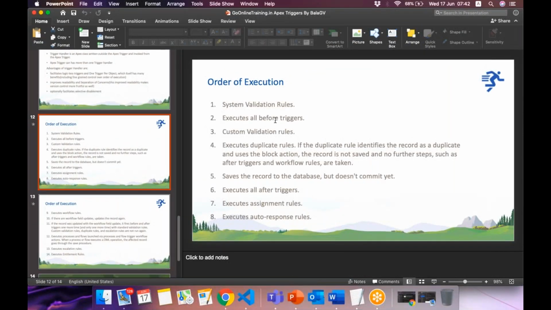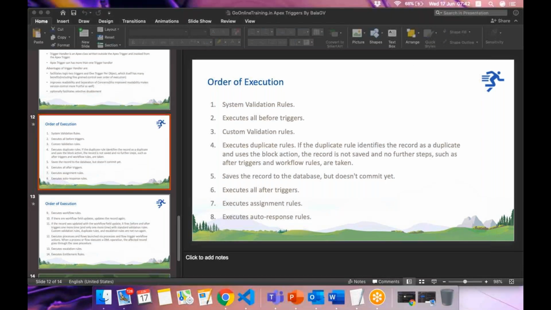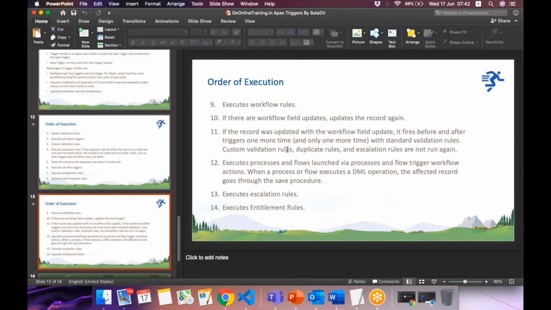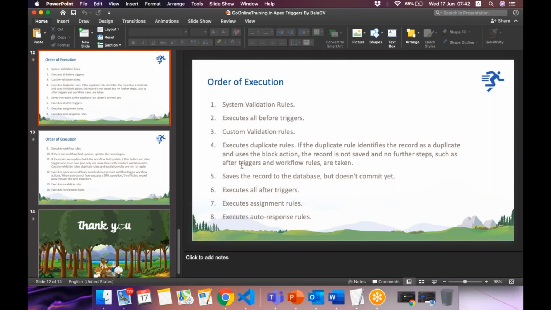Yeah. So what is order of execution? When a user clicks on save, either creating a new record or editing a record, there will be about 20 steps, but I have listed only 14, that get executed as a process.